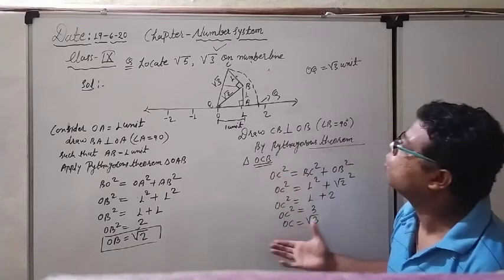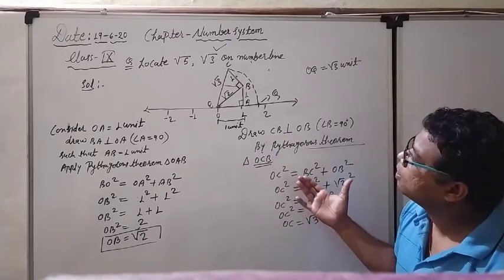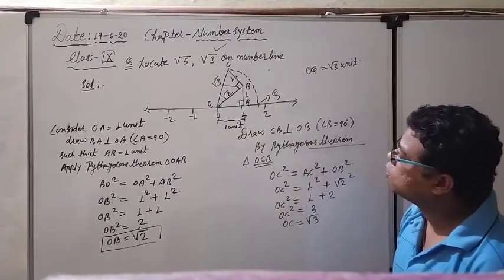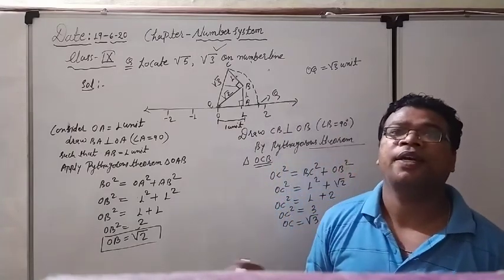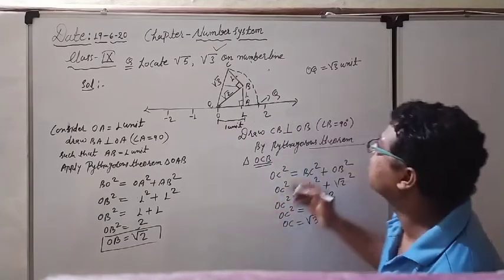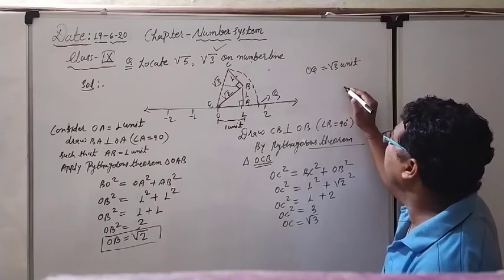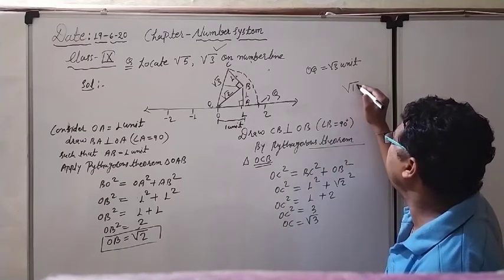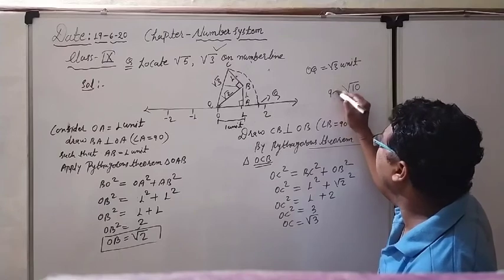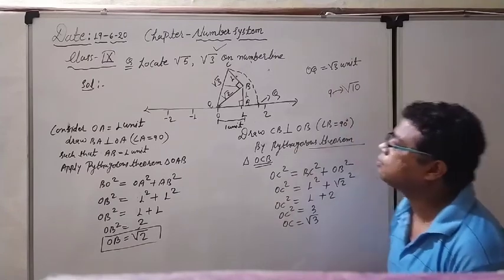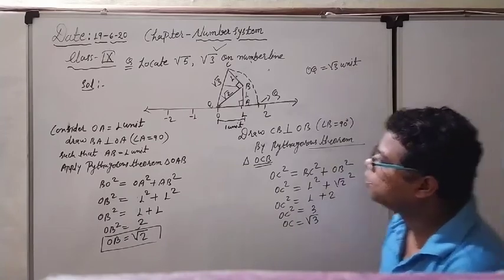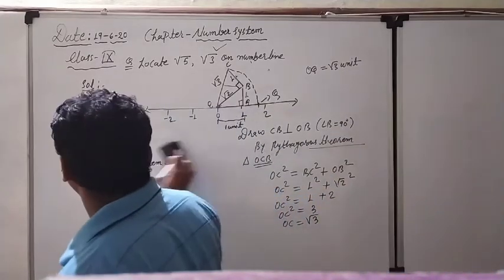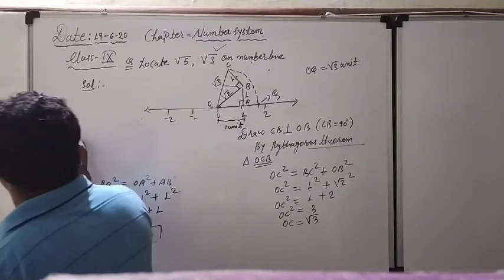So this was all these things. Okay, if some confusions are there, you can go back to my videos and see it again. You will try some more questions also. For example, I am giving you to draw √10, which is coming after the perfect square 9. One question I am going to give you as homework. See here only. You have to try this.